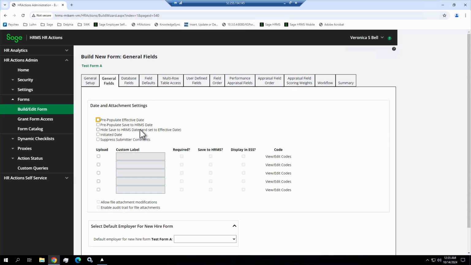Next option is pre-populate save to HRMS date. The save to HRMS date is a date that you can have on your form where you can say, hey, we're not allowed to post or push this data back to HRMS until on or after this date. Typically used where we've got clients that may use third-party payroll, or say Sage 100, where maybe we're feeding things from a file feed or updating in some sort of interface, and we don't want to put the information into